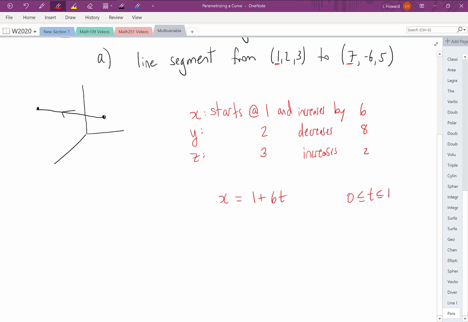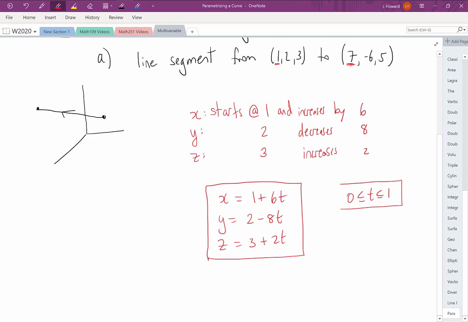And then our end point would correspond to t equals 1. So by the time we plug t equals 1 in here, we get 1 plus the 6 units of increase to take us up to x equals 7. So in a similar way, we could say y equals 2 minus 8t. So this is negative because we're seeing a decrease of 8. And z equals 3 plus 2t. So by letting our parameter range between 0 and 1, and by recording our starting values and the amount of change that we're seeing in each variable, multiplying that change by our parameter, we're able to capture all the points